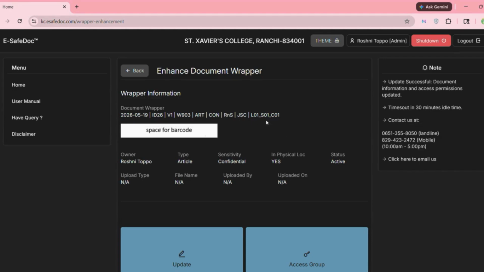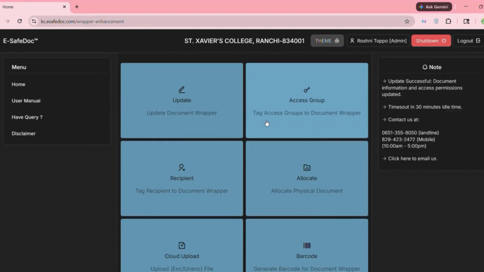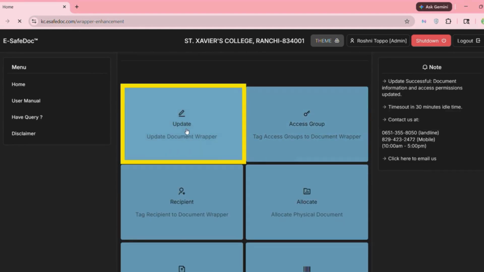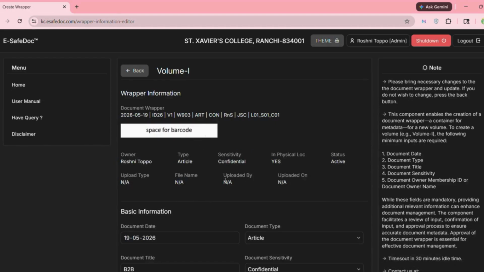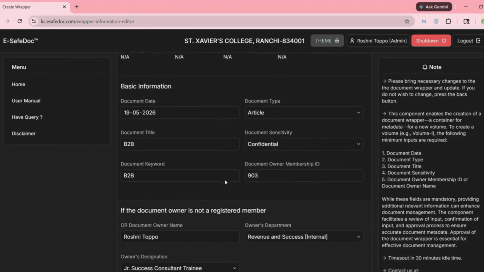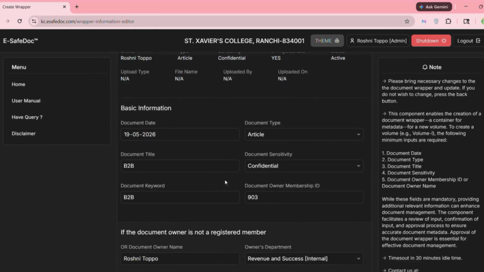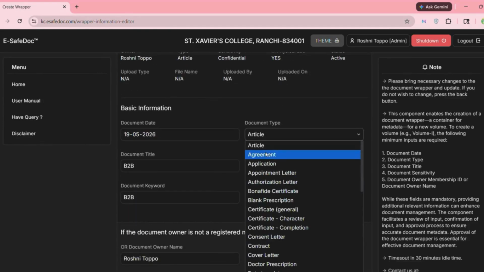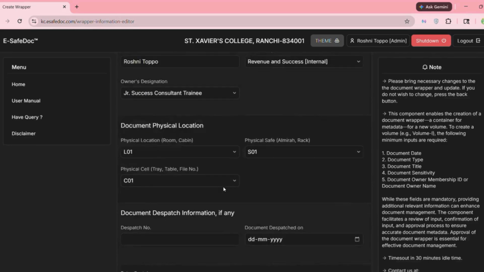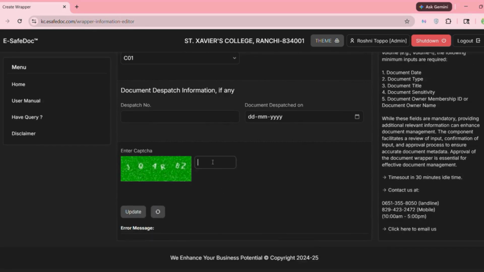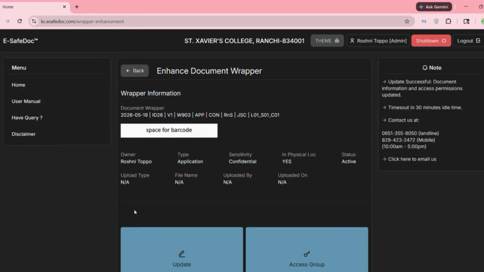And the location is also defined. This is the update component where you can change any parameter of your documents. All the changes will be recorded under audit trail.